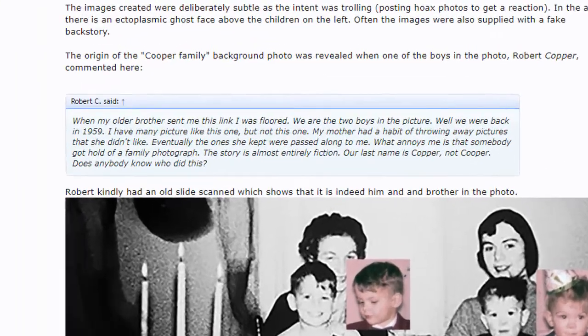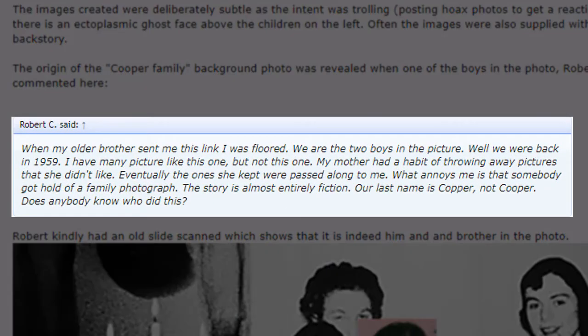In his statement, he said, "When my older brother sent me this link, I was floored. We are the two boys in the picture. Well, we were back in 1959. I have many pictures like this one, but not this one. My mother had a habit of throwing away pictures that she didn't like. Eventually, the ones she kept were